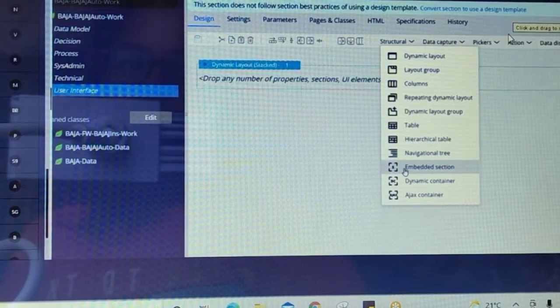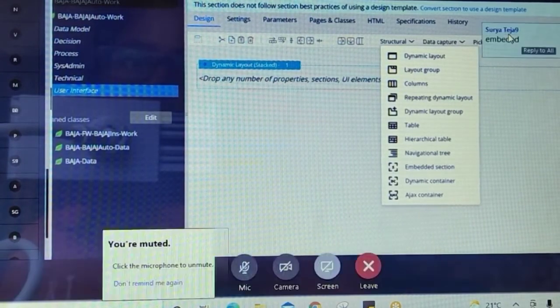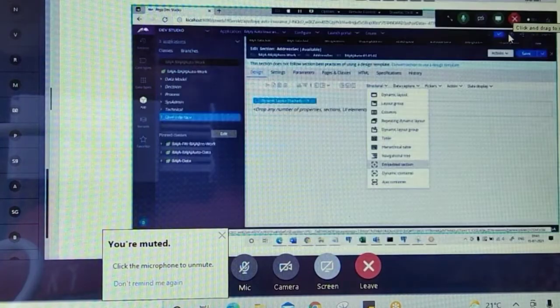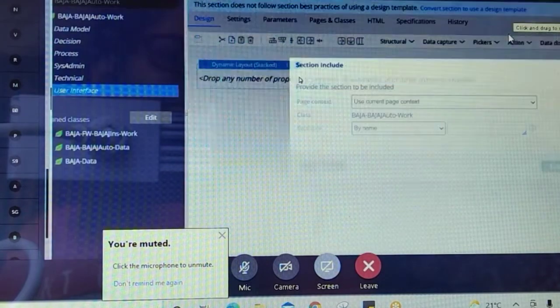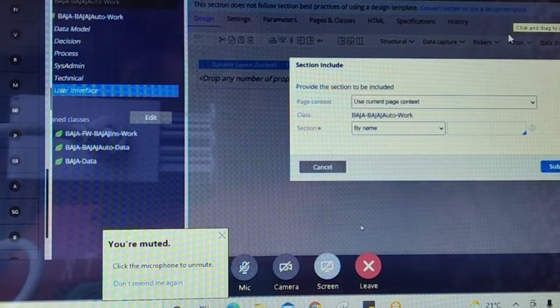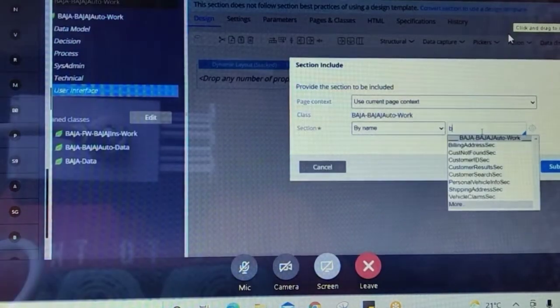How do you include a section into another section? Embedded section. Embed section here. You will get this pop-up, and here billing address.